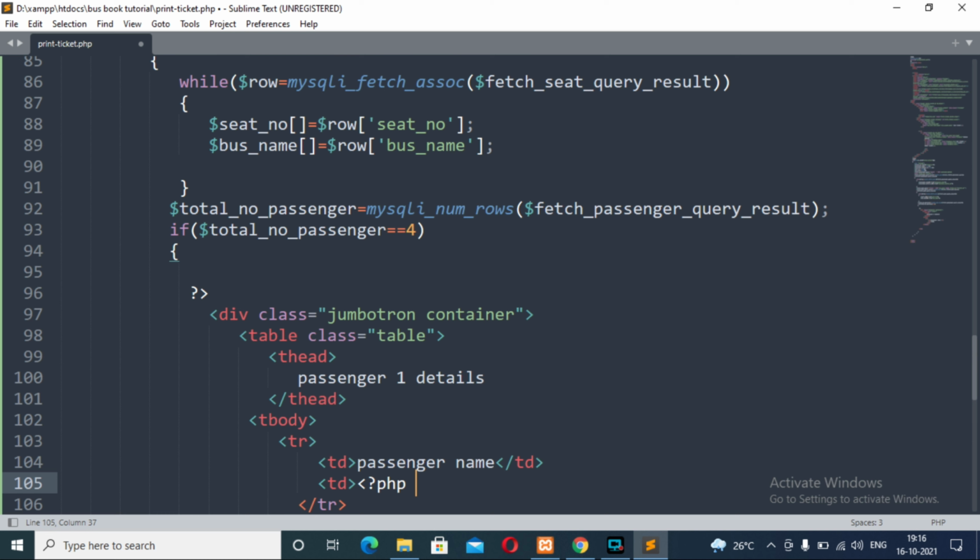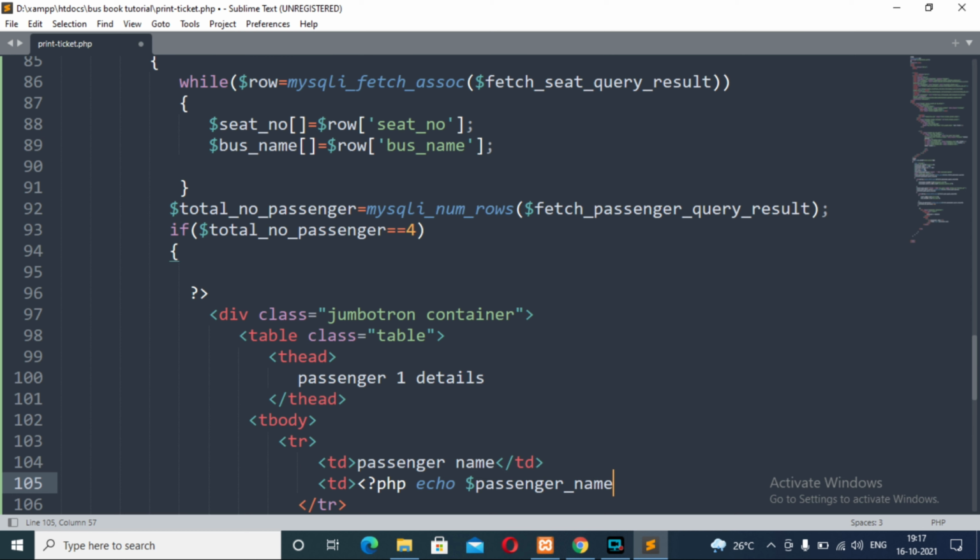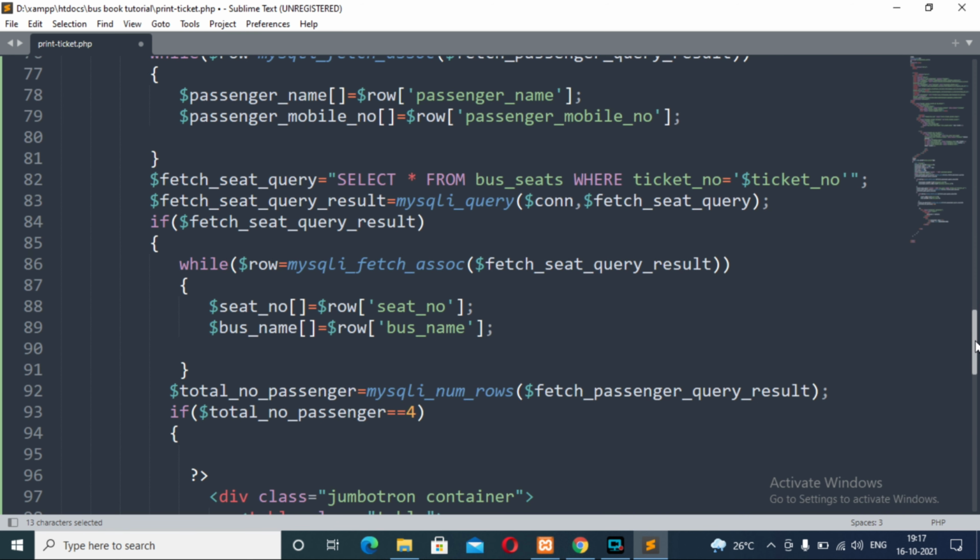So we will fetch it using a PHP script, passenger-ngr, and whatever we take here using the echo statement is the variable that we have used to fetch the details from the database.